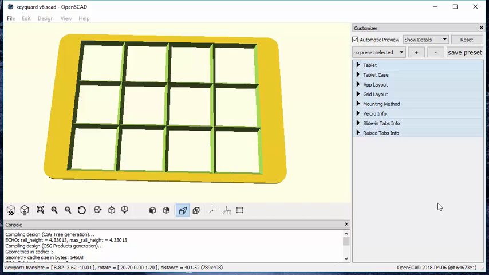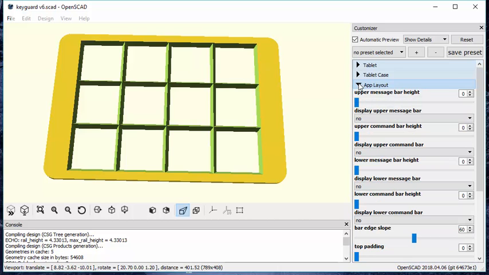So let's take a look at what is required to add a slope to one of the message or command bars. All of that functionality is inside the app layout section. We see it down here, bar edge slope. And by default it's at 90 degrees,